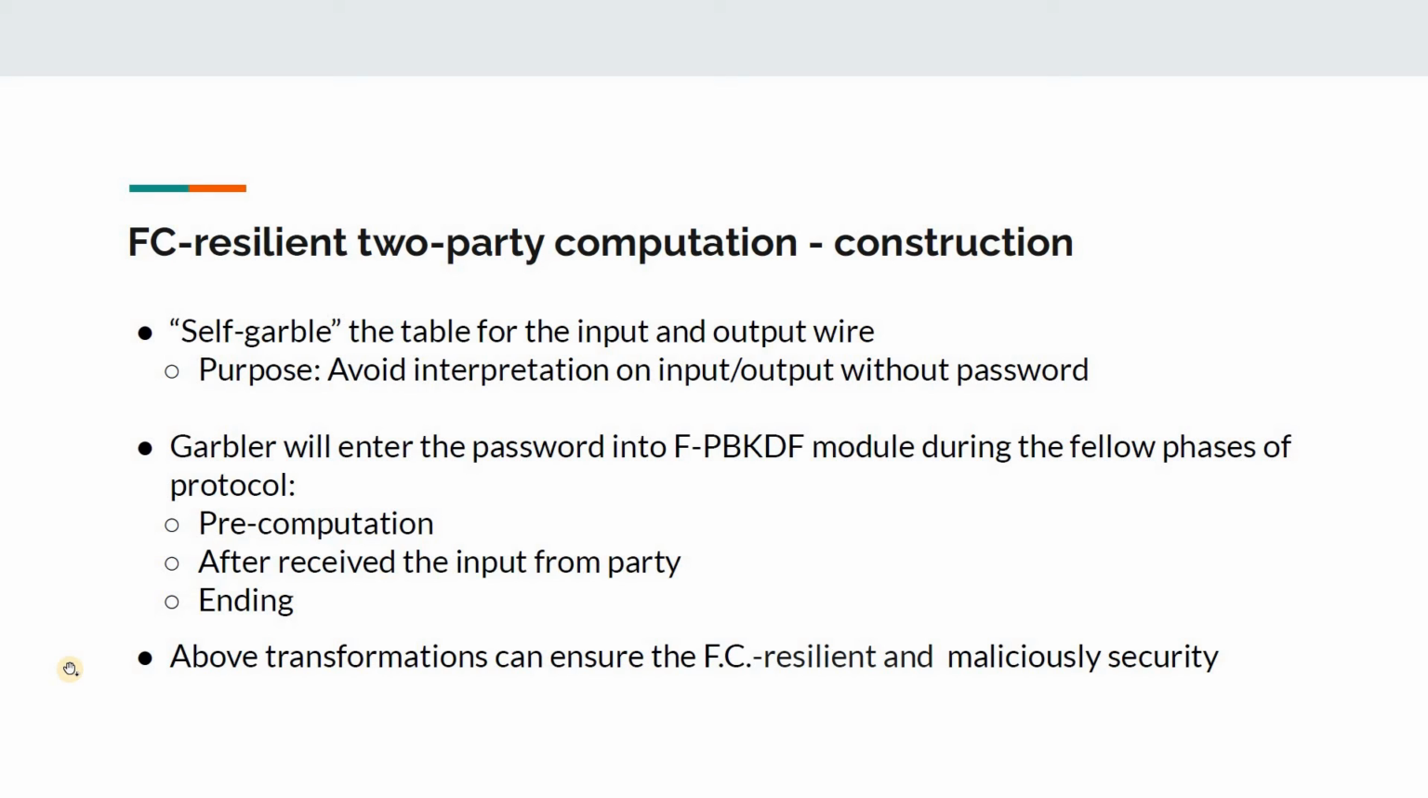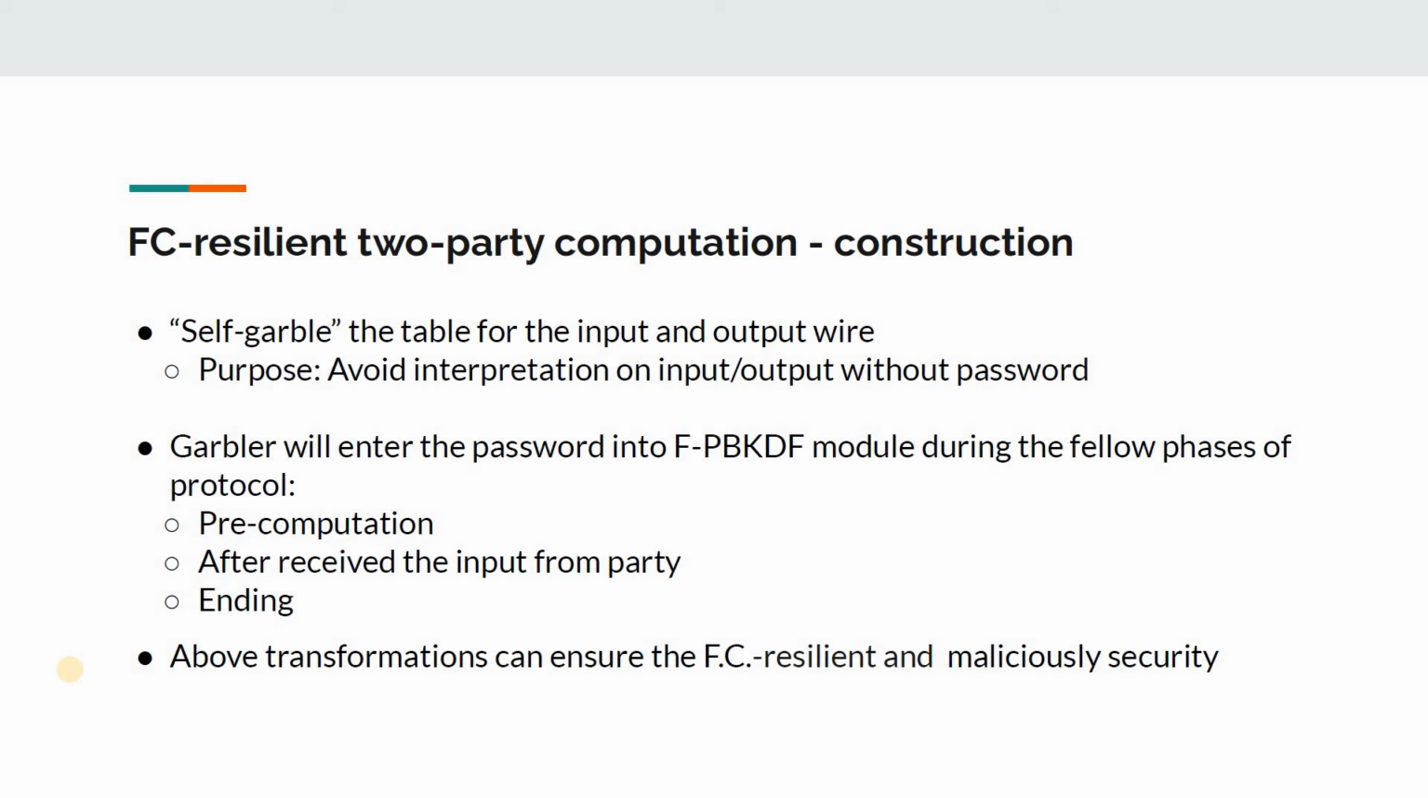The garbler will enter the password into the PBKDF module during the fail phase of the photocon. The first phase is FC computation, and we will do it when the garbled circuits are preparing. For the input wire, the label will be created by the garbler uniformly random with the pseudo-random text based on